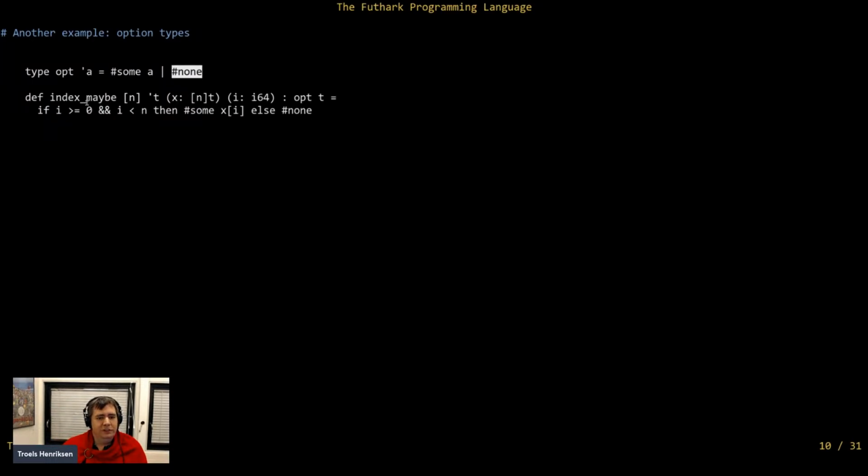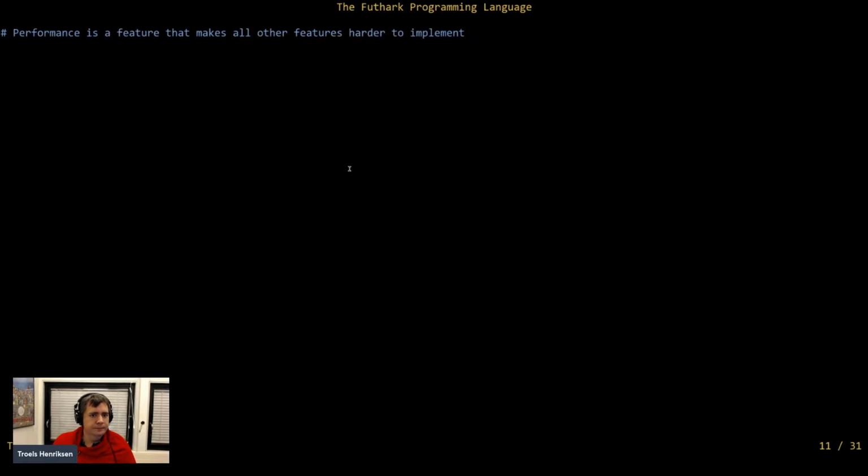And then you can use it, for example, to define a safe indexing operation where you give it an array and you give it an index. And then depending on whether that index is in bounds, you get back either some or none. So this is just to show that Futhark is high level enough that you can use normal functional programming techniques to write some types and so on, which is very convenient for some applications. But there's nothing really to do with parallelism. This is just a nice little feature.